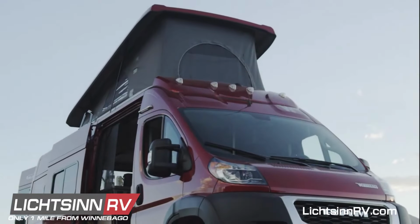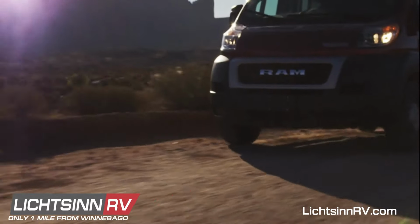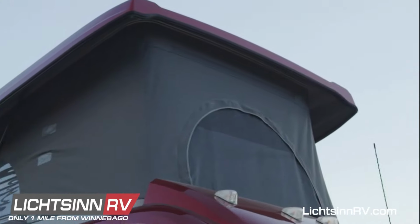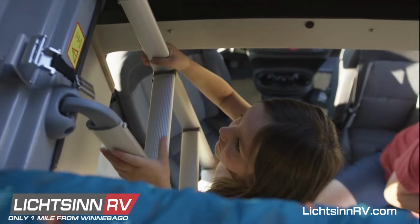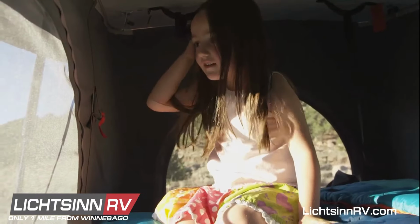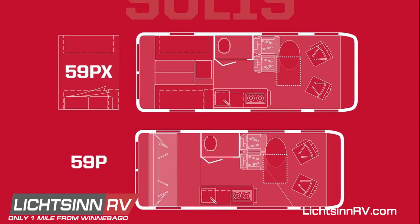The Solis is built on the Ram Promaster chassis, powered by a 280 horsepower V6 gas engine. Its classic pop-top extension provides additional sleeping for two and a restful night's sleep thanks to the comfortable Froley sleep system. With its surf-to-slope design and two available floor plans, the 59P and the 59PX is sure to appeal to